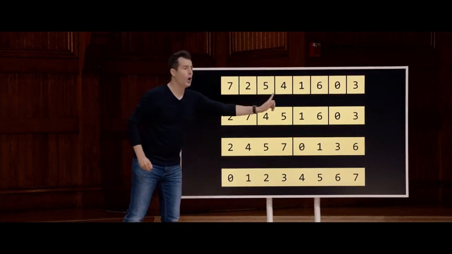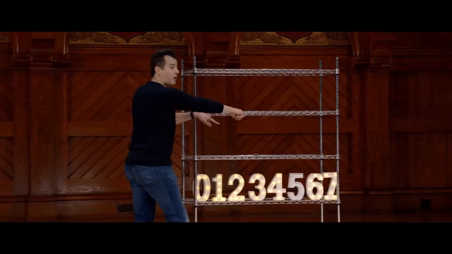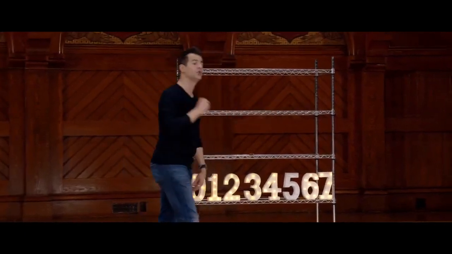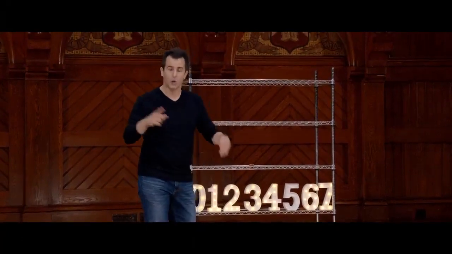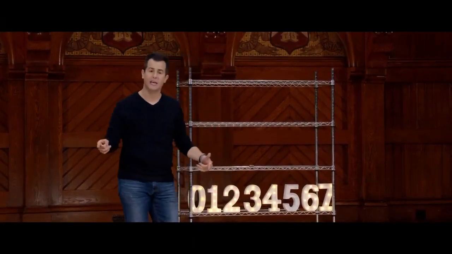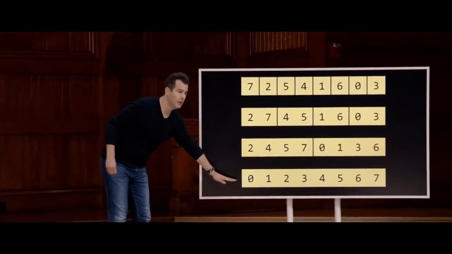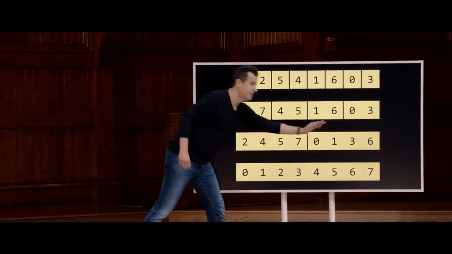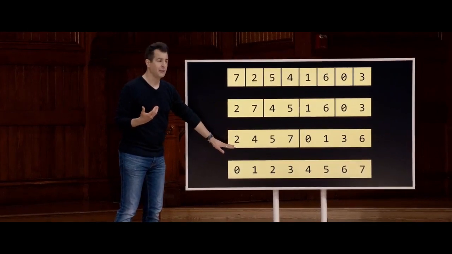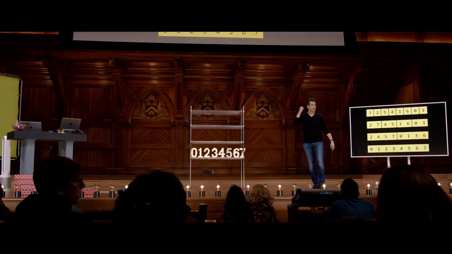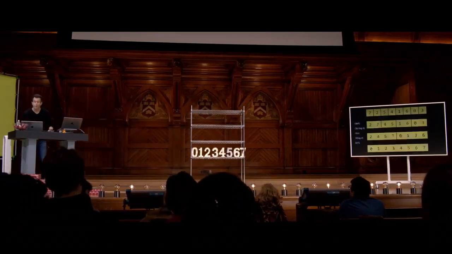But on every row, every shelf, literally, I made a fuss about pointing my hands only from the left to the right, constantly advancing them, such that every time I did those merges, I touched every element once and only once. There was none of this back and forth on stage. So if I'm doing something log n times, or rather n things log n times, what would be our big O formula perhaps? N things log n times? Yeah, so n log n, the order of n log n is indeed how we would describe the running time